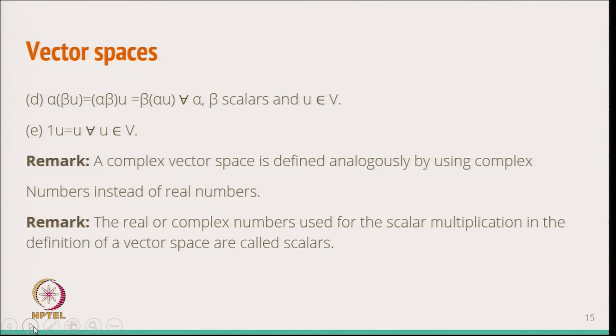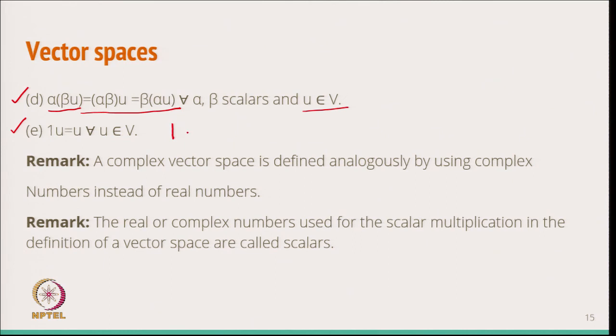So, the next property of a vector space is that if I take alpha times beta times u, it does not matter whether I multiply alpha beta with u, or I change the position, beta here and alpha u. These conditions are satisfied for any scalars alpha and beta and for the vector u. And the last property is that 1 into u should be u for all values of u, where 1